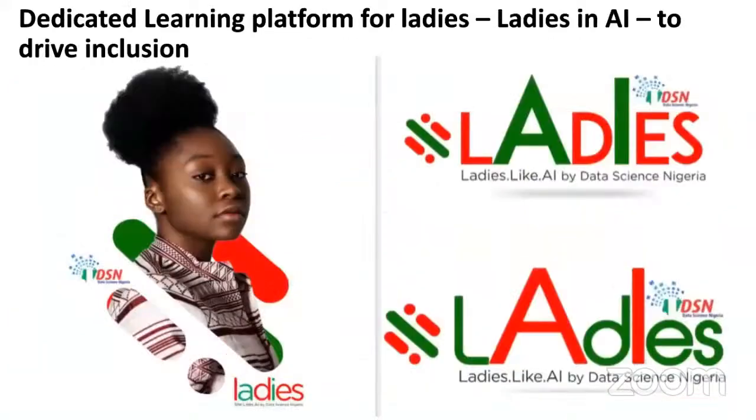created for kids. It's for grade 4 to 8 to catch them young, to help them also get to know more about AI. Yes, and we also have the DSN ladies in there. Like I told you, for us at DSN, it's about inclusion. There's a need for us to make sure that every segment in the walk of life is introduced to AI. So we have the DSN ladies in AI that caters for our females. So we have a dedicated community for them.